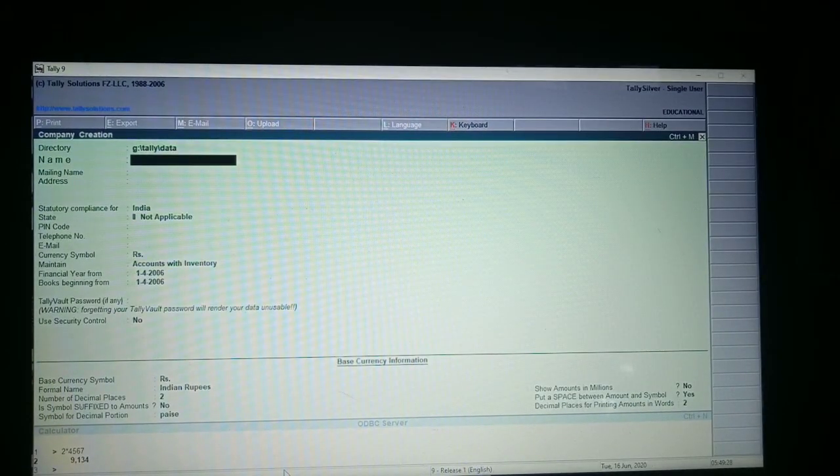So give some name and press enter key or down arrow. It is asking mailing name and address. You can type the address. I am skipping here, but you have to type the address because you need some mailing address for correspondence.